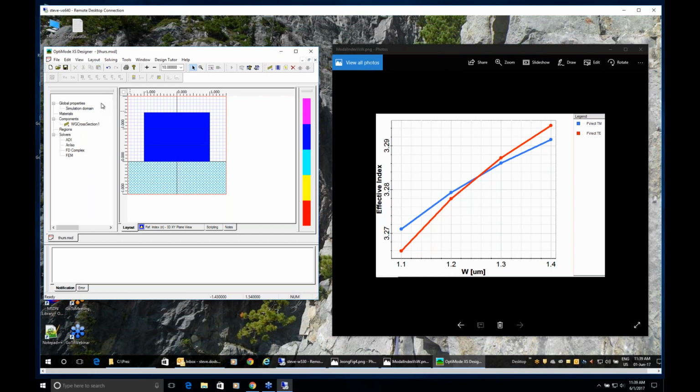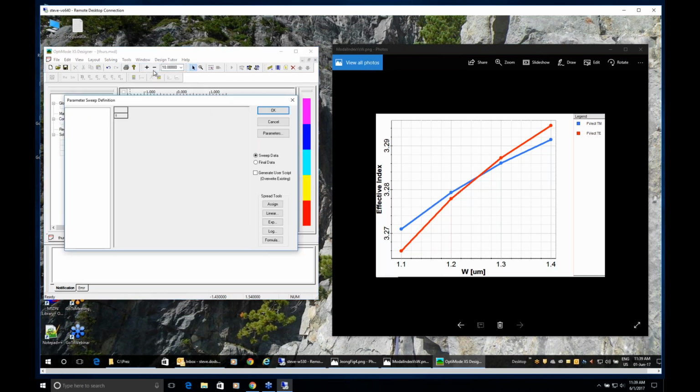And once you've got your design parameterized, we have a tool which allows you to scan those parameters, the so-called parameter sweep. So if we go there and we click on parameters, it will present you with a list of the parameters that you have defined so far. I've defined 2 of them. It's the width that is my working parameter. The window width is only there to help with the simulation. So I'm going to select the width